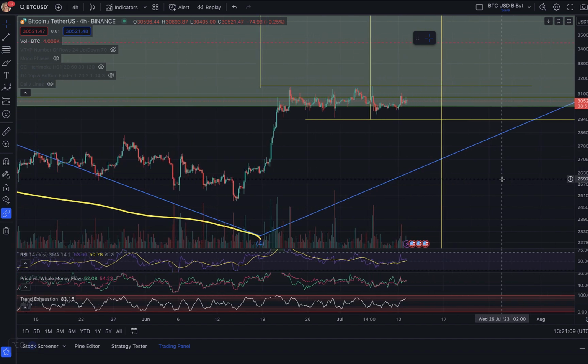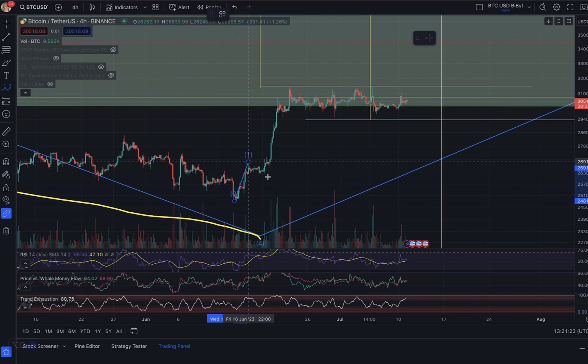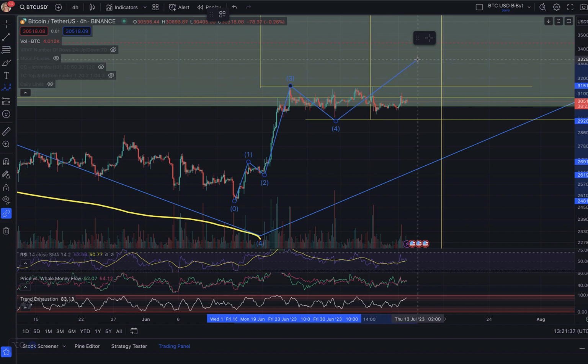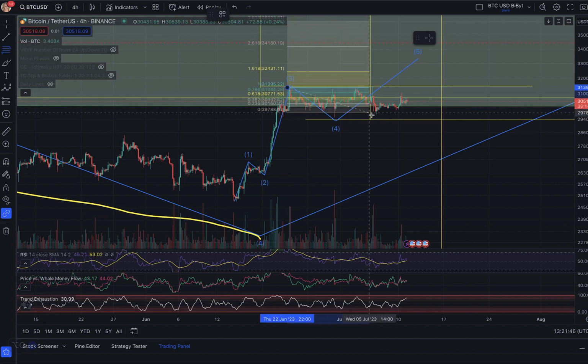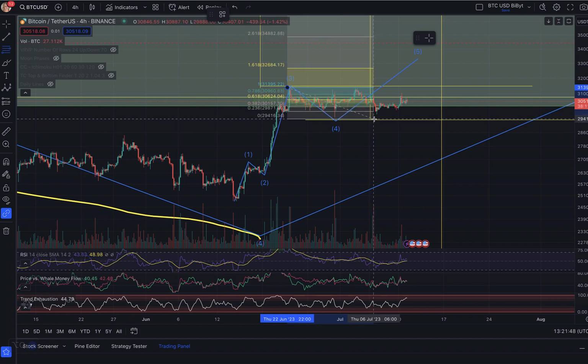See, here's the problem I have with this. We do have five waves to the upside complete as a minimum requirement. I would have to call that a wave 1, because you have to have 5 waves inside, right? I'd call that a wave 1. I would call that a wave 3, and then that a wave 4, and now we're in a wave 5. So wave 5 is usually taking the top of the wave 3 down to the bottom,